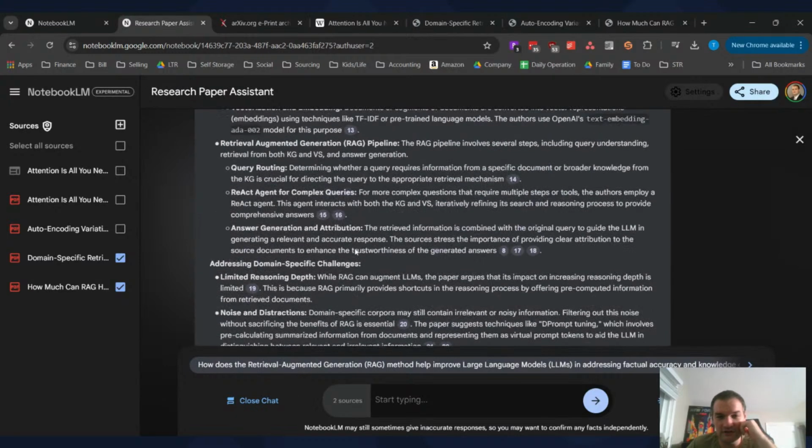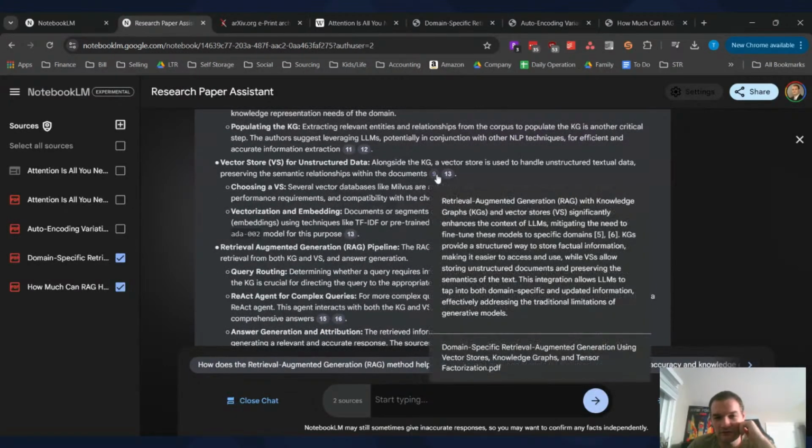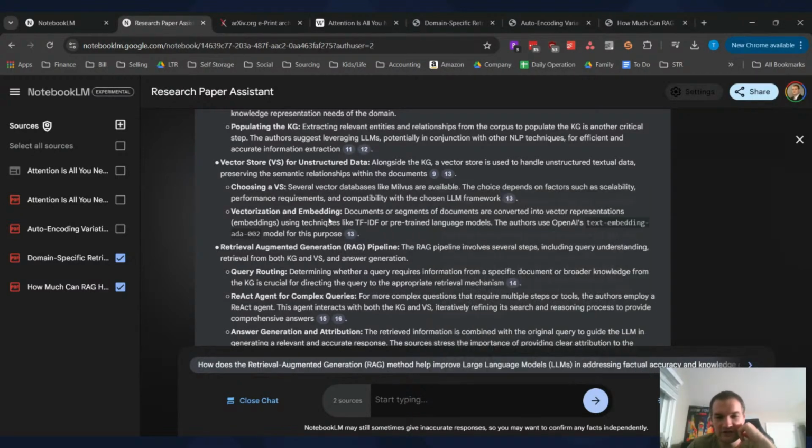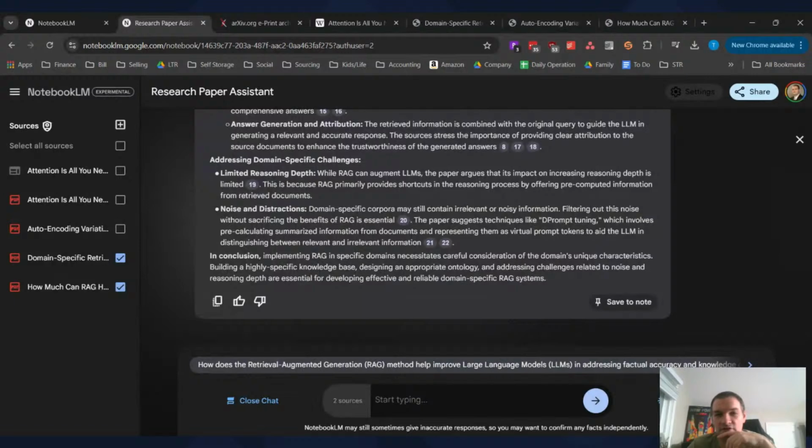where this is already pulled out all the key points there, giving you, I would say, fairly reliable citations for where it's generating those, and then summarizing these nicely. So as far as using this like a research assistant, or if you were using this even to help you research a topic,